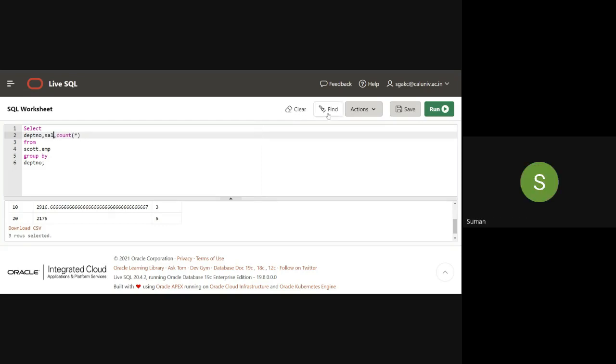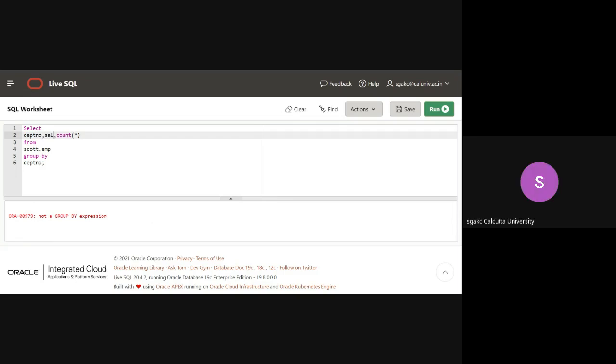It will give the same error that it is not a group by expression. When I am enclosing salary within average, it is an aggregation function that I'm applying. And count star by default is an aggregate function, the count function. That's why it is not giving any error.